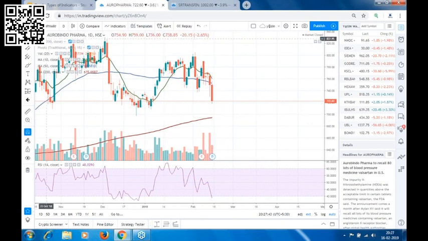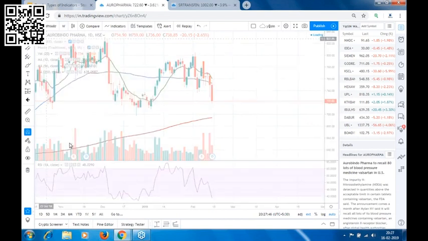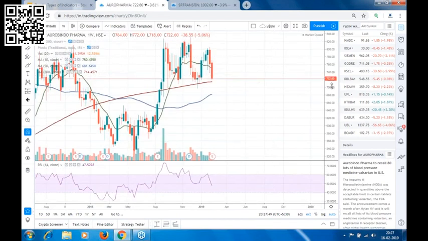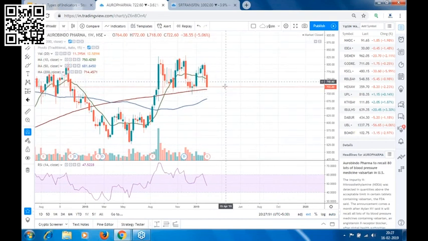But if I see a weekly time frame, we have a 200 moving average support at around 714 or 715 level, and the stock's closing price is around 722. So how will you take a short trade? How many points will you get when you have a support, and that too on a higher time frame? If in case the market is negative on Monday and there is a gap down opening in Oro Pharma, that means if Oro Pharma opens below 714 level, then we can think of taking a short trade in Oro Pharma.